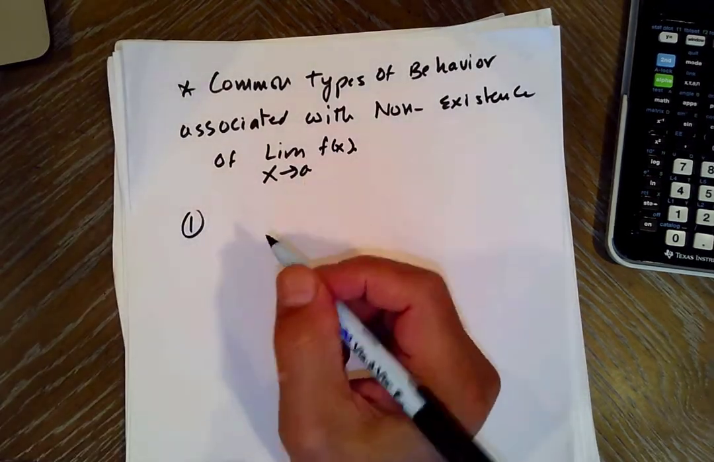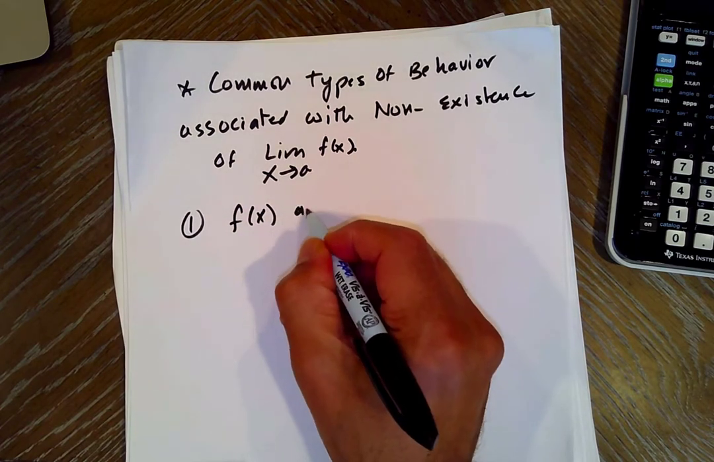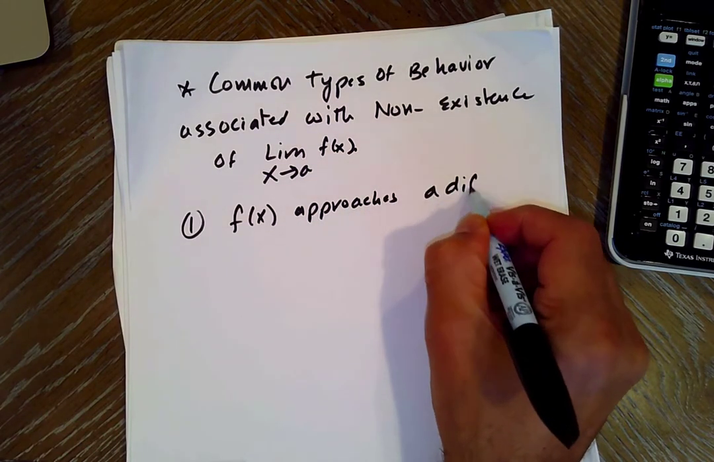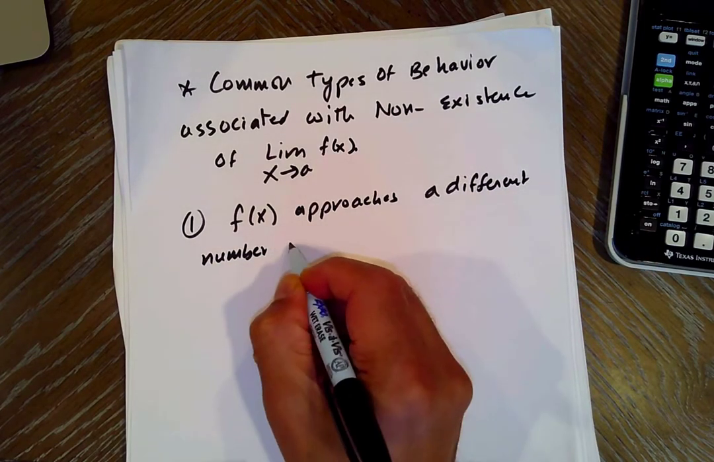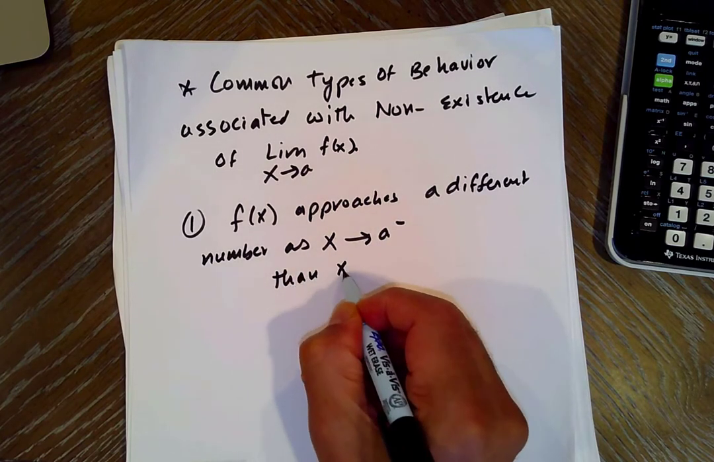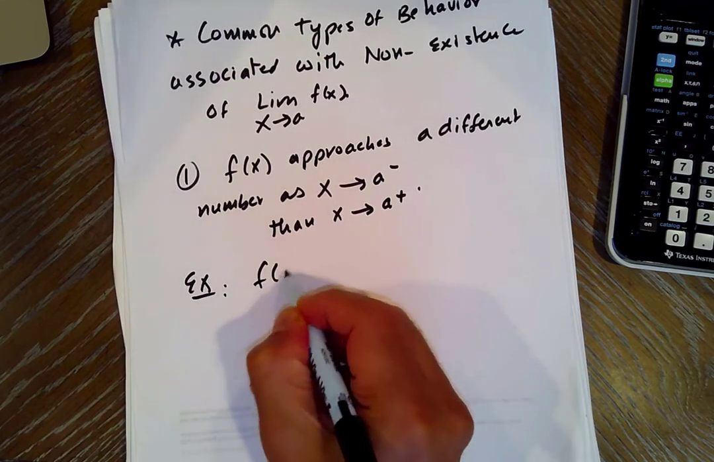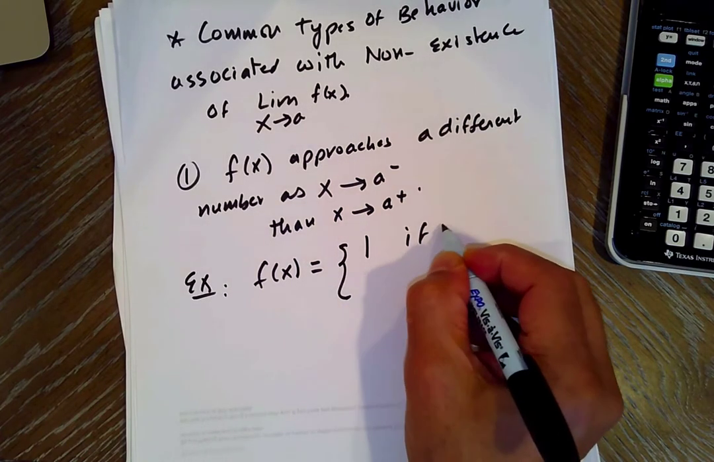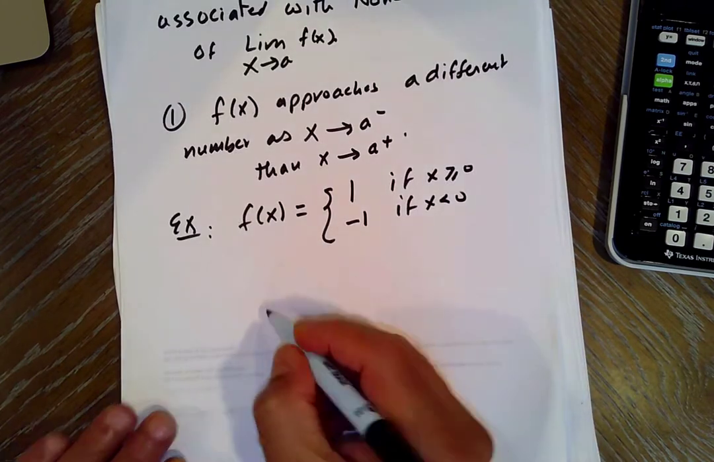First, the limit will not exist if f of x approaches a different number as x approaches a to the left than as x approaches a to the right. An example: f of x equals the piecewise defined function 1 if x is 0 or more, and -1 if x is less than 0. If you graph it,